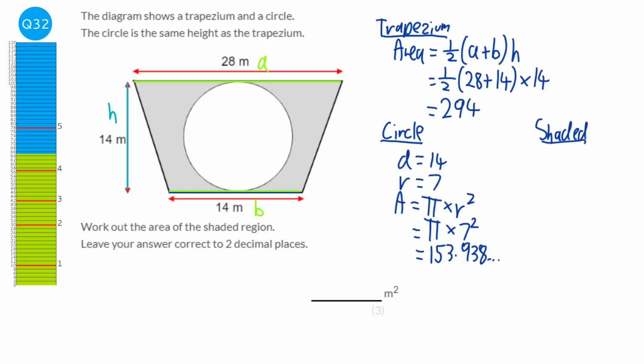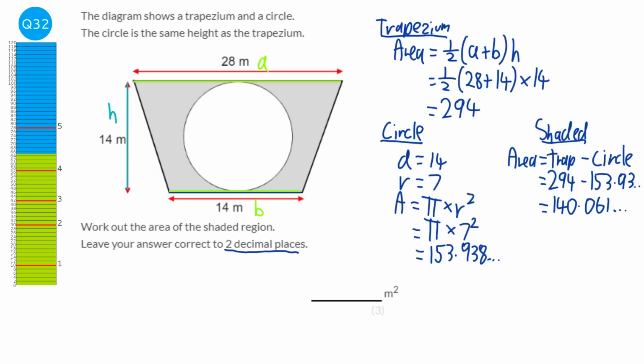and it says we want to work out the area of the shaded region. So the area will be the total area, which will be the trapezium, take away the area that we don't want, which is this bit here, which will be the circle. So the trapezium's 294, the circle's 153.93 blah blah blah. And when you do that, you get 140.061, blah, blah, blah. It says it wants it to 2 decimal places, so it would be